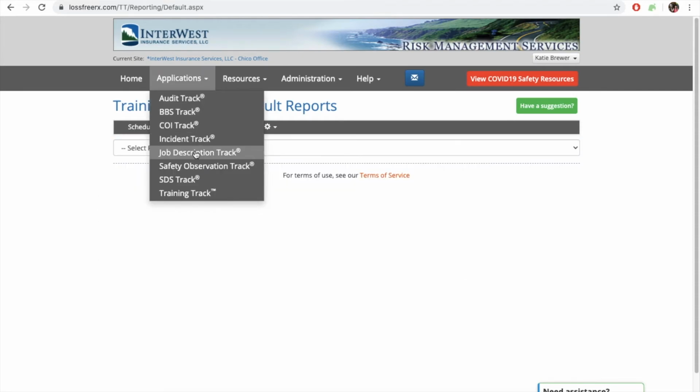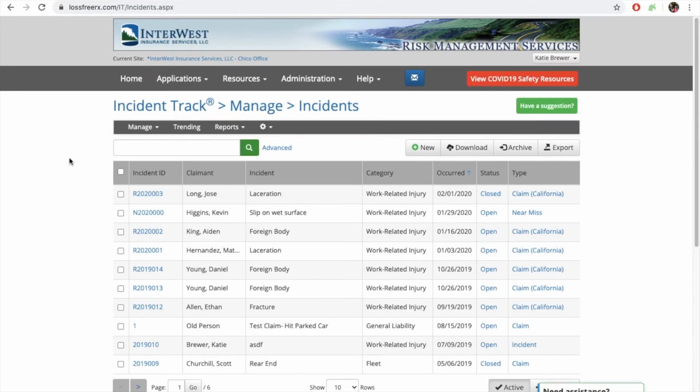Moving on, we're going to move to Incident Track now. This application is for tracking any workplace injuries, any general liability claims, anything like that. You can track near misses. This is also where we need to have employees logged in the system because each of these incidents is linked to the specific employee that was involved. So you can easily see when someone is having repeated injuries or is often involved in different injuries or incidents,